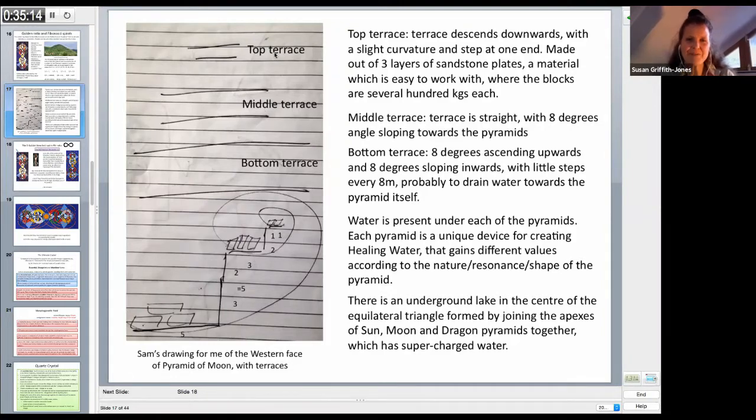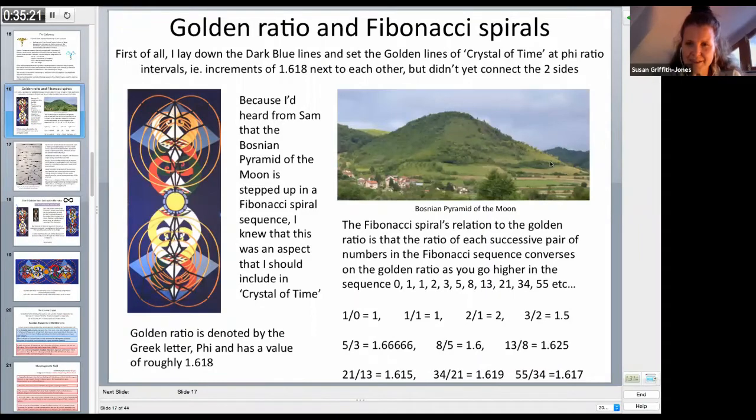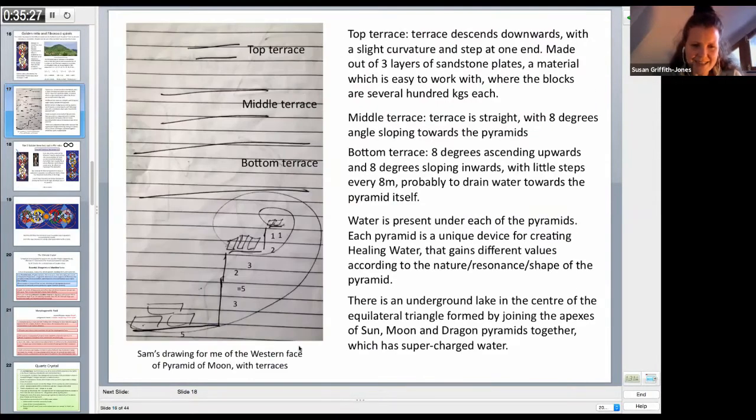So let's have a look. You see this, as we saw in the picture before, the front face, this western face of the Pyramid of the Moon. And so there are 3 terraces basically, which are proportioned in this golden ratio